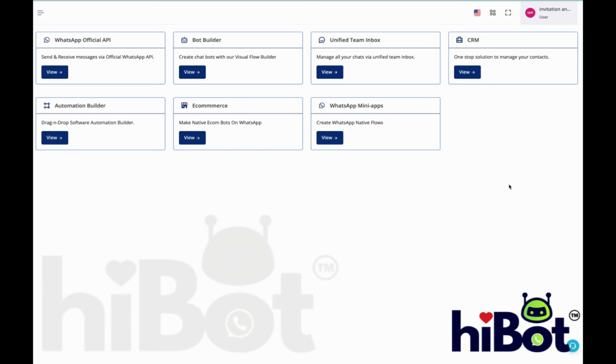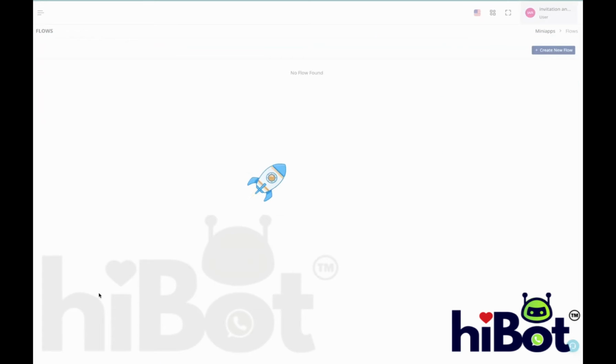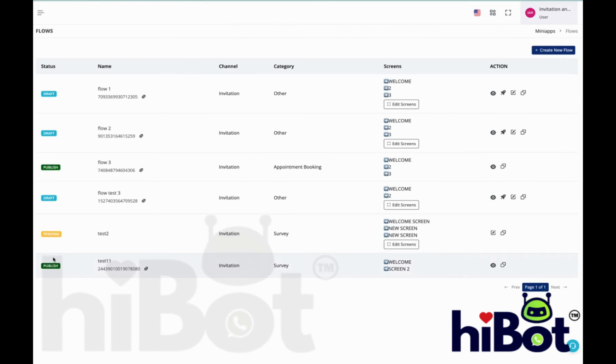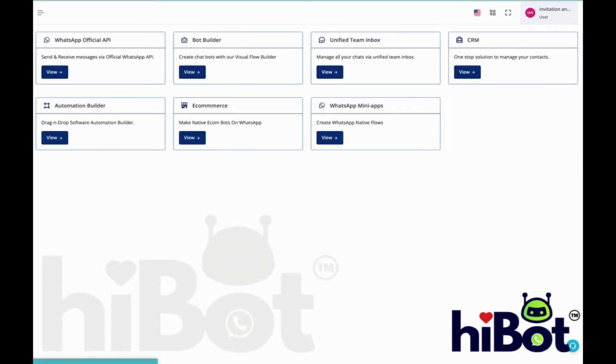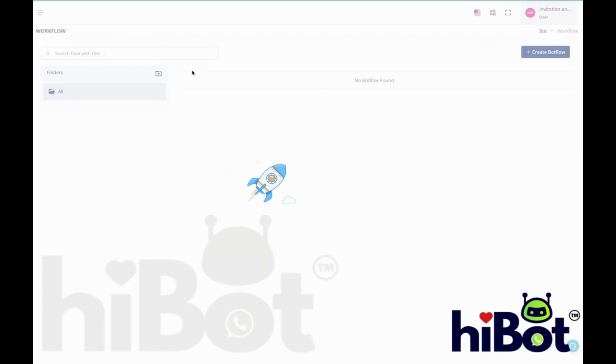See how you can send a mini app or a WhatsApp native flow using the bot builder and collect and store responses in the CRM, as well as segregate the fields of the flow to CRM fields. You need to ensure that your flow is published or in draft stage. After this, in the bot builder,